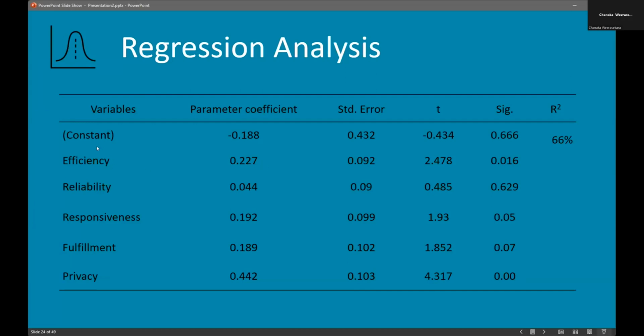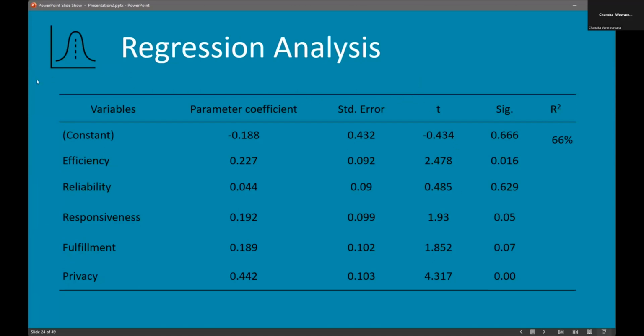For example, if you are going to increase this by 100%, satisfaction will be increased by 20%, 22% for that matter. So the significant value, something we call the p-value. If this value is less than 0.05, you can safely accept the hypothesis. You can see this one can be accepted. This can be accepted. This cannot be, but again, privacy can be accepted, because those are the things that you should